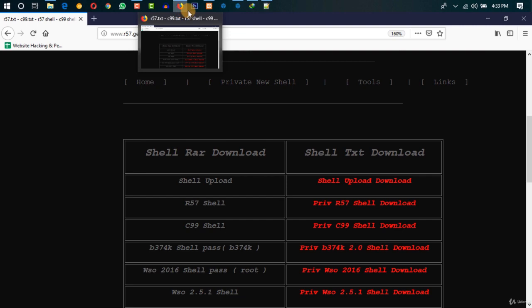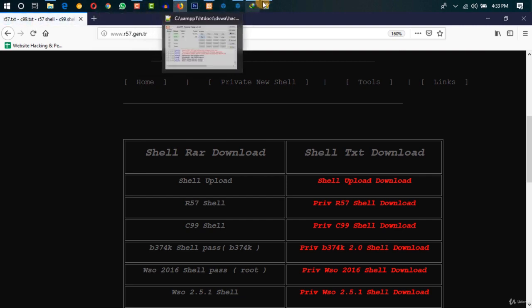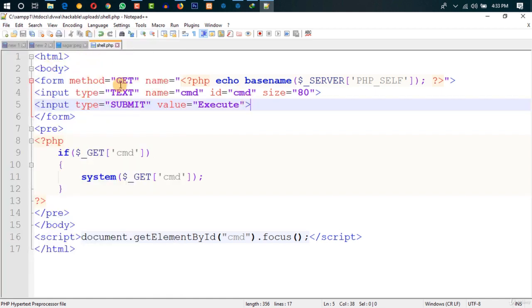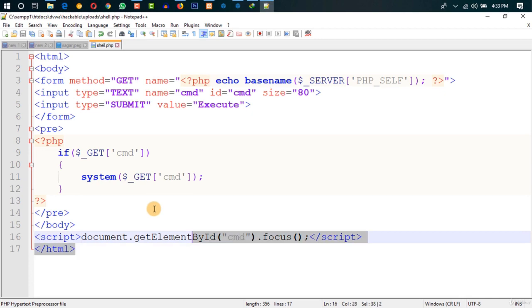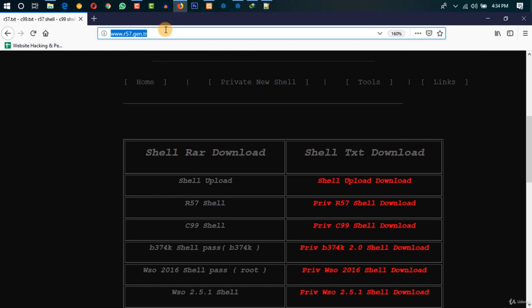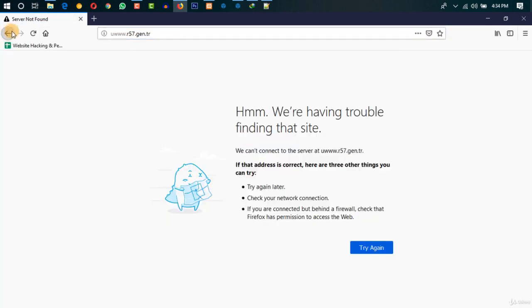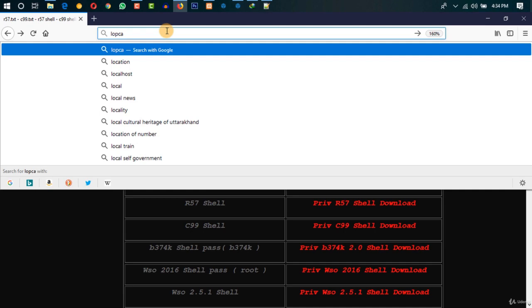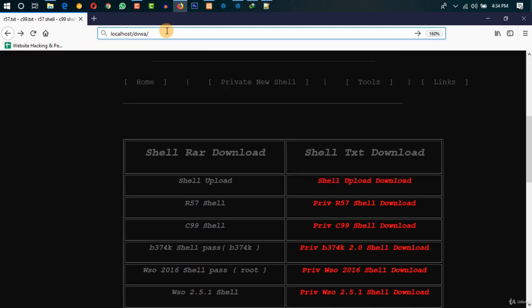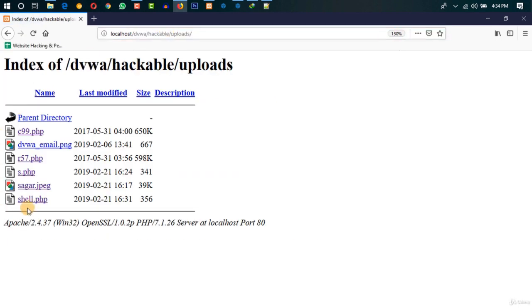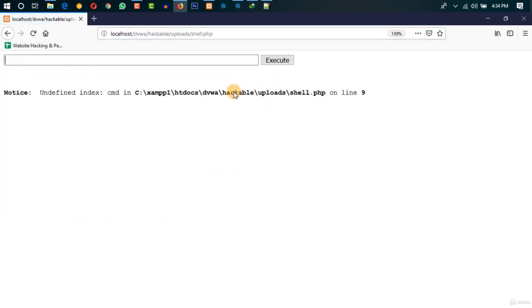Just for the proof of concept, I want to show you something. Let me go ahead and say save. Okay, it's already saved. So it's like shell.php. I just saved this script in the uploadable folder, and when you now go to the DVWA, okay, I think I pressed something else. Let me go again. Localhost DVWA hackable and uploads. Okay, now let me run this shell.php, and you can very well see